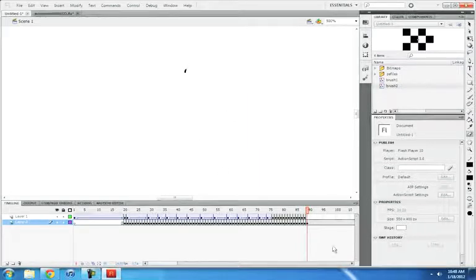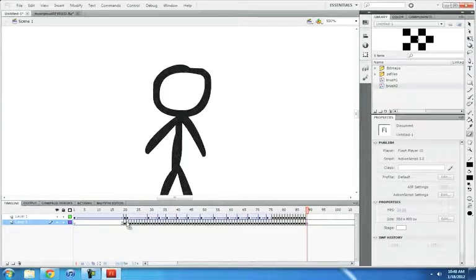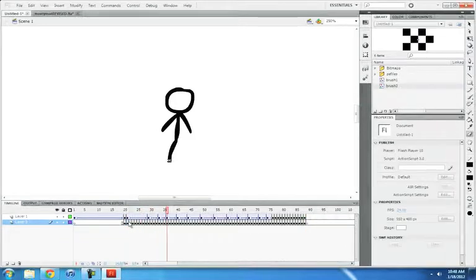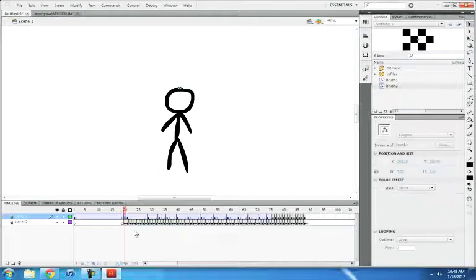Alright, good. So now we just get rid of this, and let's play it back. Perfect. Alright. So now there's a handy feature in Flash called reverse frames,